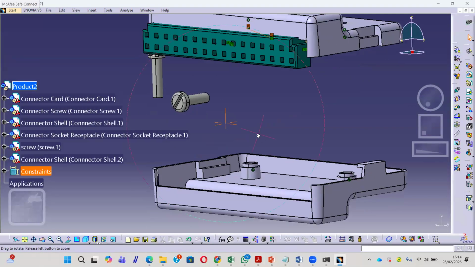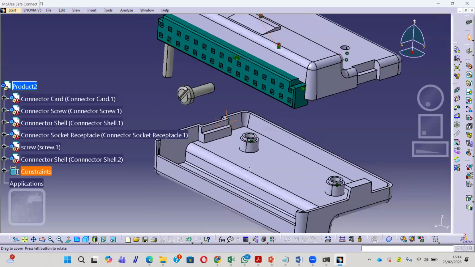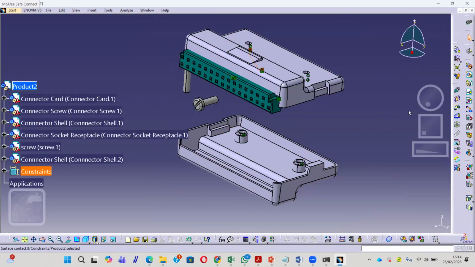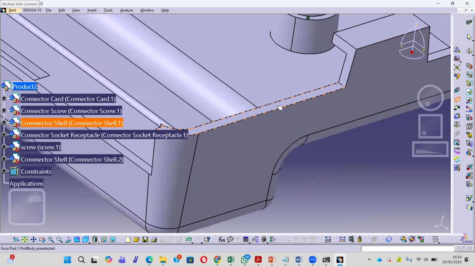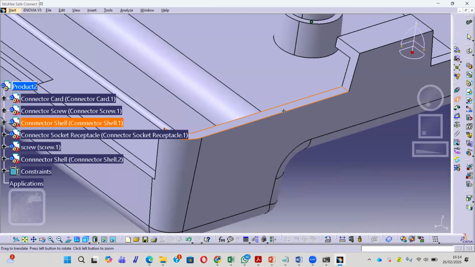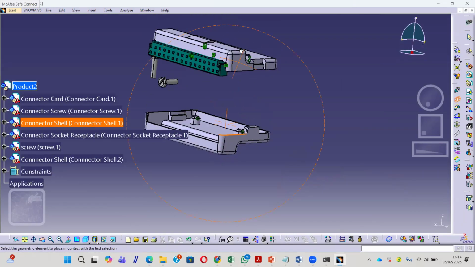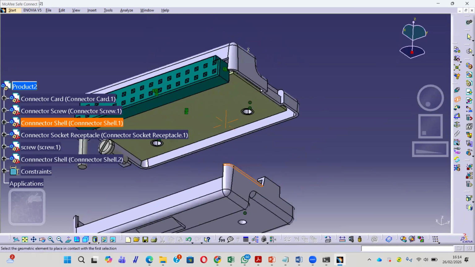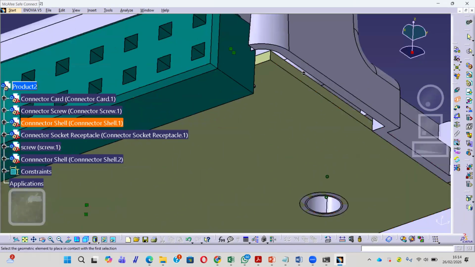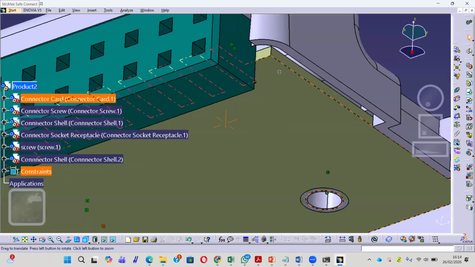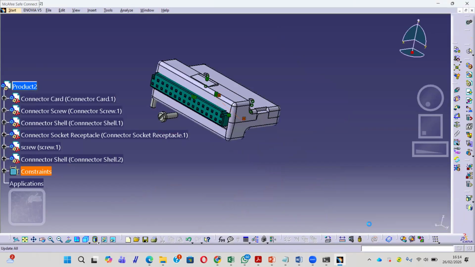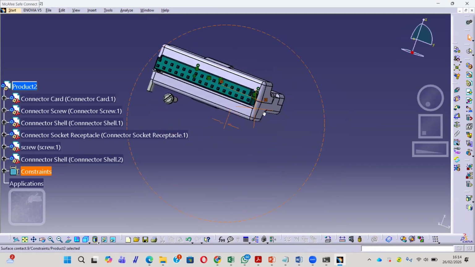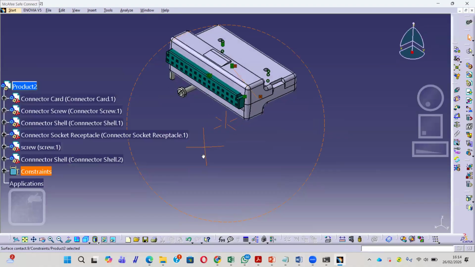After this, we will make a contact as well between two connector cells by using contact. Click this face, will be contact to this one. Okay, then update. Okay, the box will be like this.